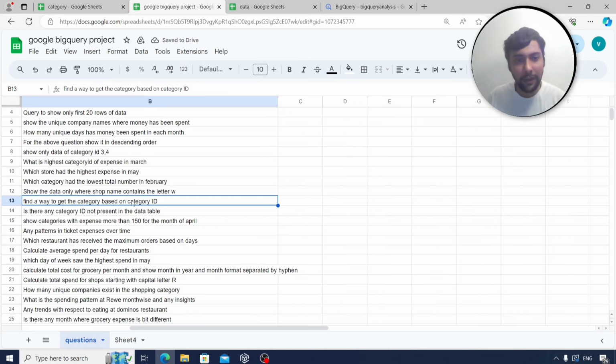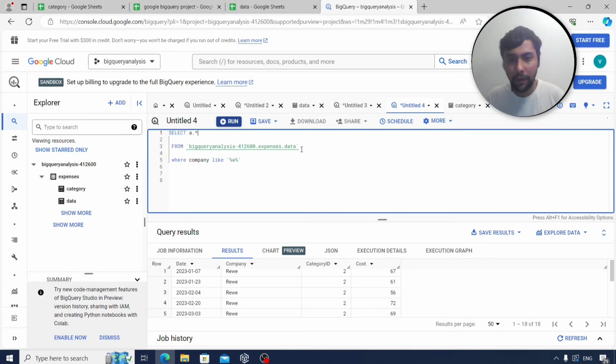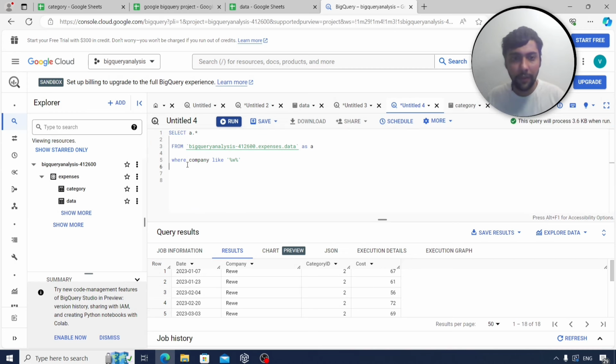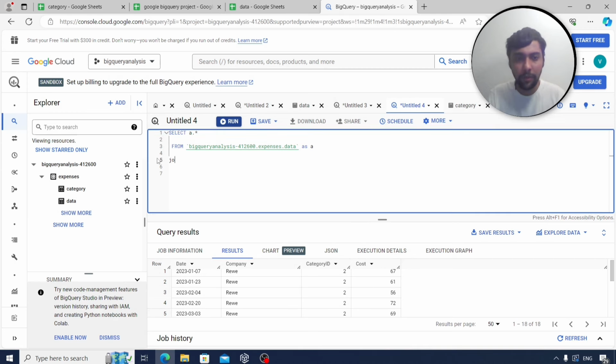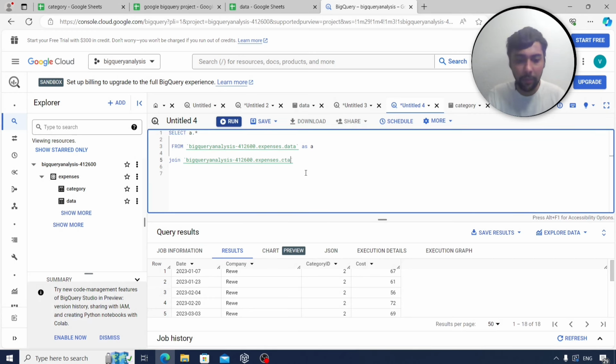Find a way to get the category based on category ID. This is what I showed you just a while back. So let us say from this table I select everything. I'll say A dot star. I will call it as A. How can we join with the other table? You can simply do a join, and yeah, just copy this table name and then just replace the last part. Instead of data, it is category table. So I can do that as B,